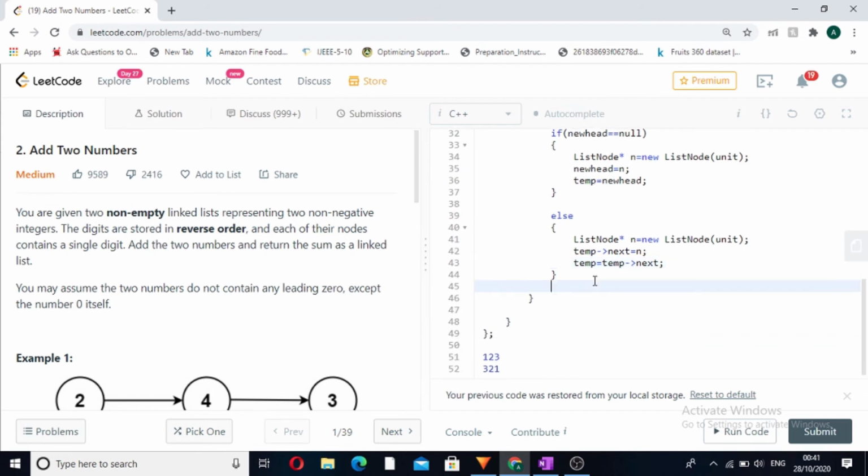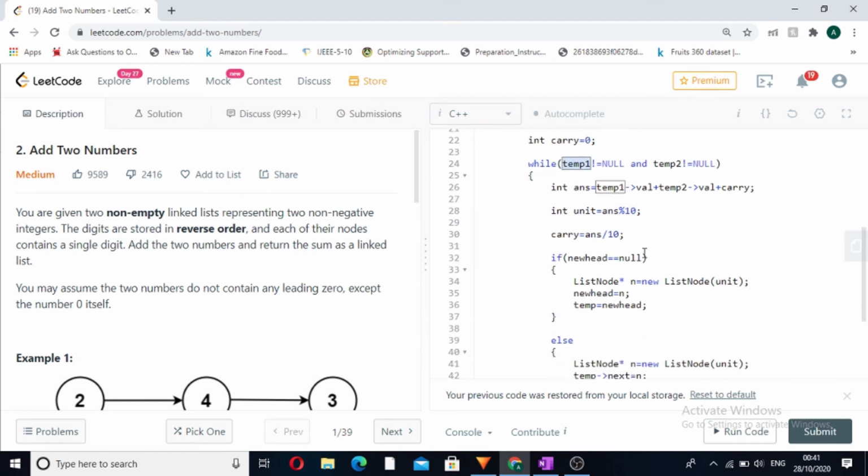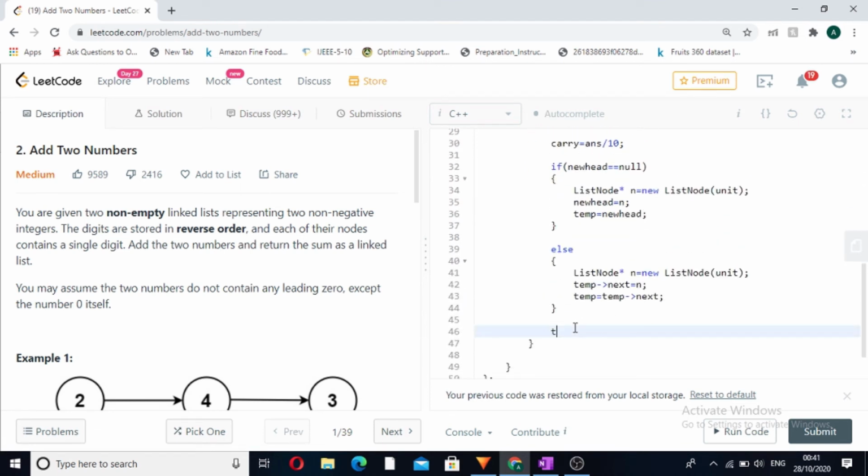After this, we can see that these temp variables, temp1 and temp2, we will update their values. Temp1 is equal to temp1 next, temp2 is equal to temp2 next. So here we have updated the values of temp.